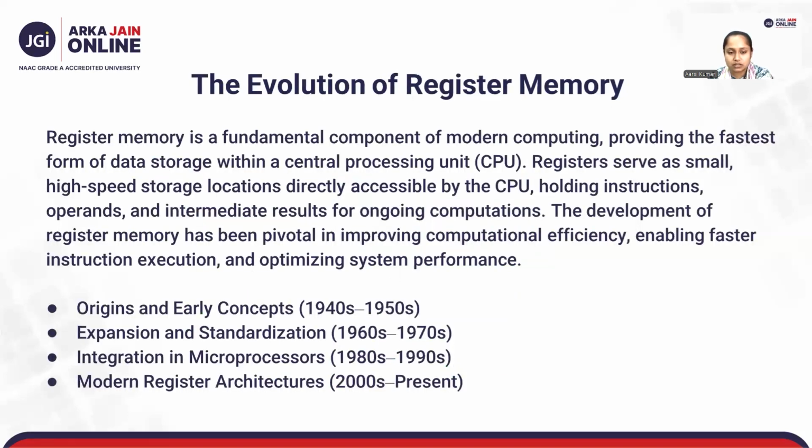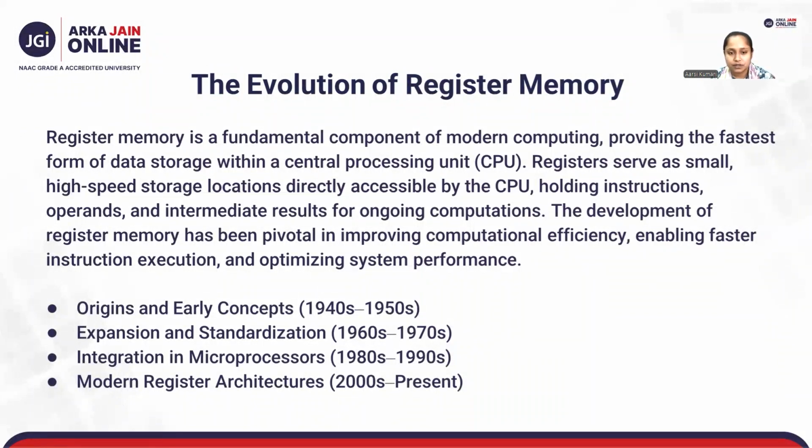Evolution of register memories. Register memory is a fundamental component of modern computing, providing the fastest form of data storage within a central processing unit, the CPU. Registers serve as small high-speed data storage locations directly accessible by the CPU, holding instructions, operands, and intermediate results for ongoing computations. The development of register memory has been pivotal in improving computational efficiency, enabling faster instruction execution and optimizing